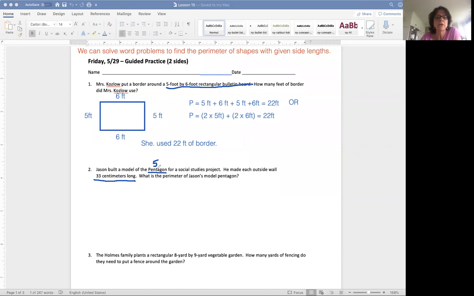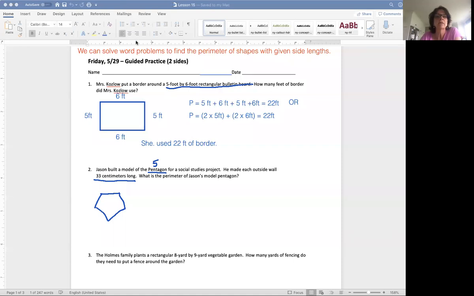So the first thing I'm going to do is draw a picture. Now that I've underlined my knowns, pentagon needs 5 sides. So there's 1, 2, 3, 4, and 5. There's my 5 sides, and now I've got to label each side with the correct length, 33